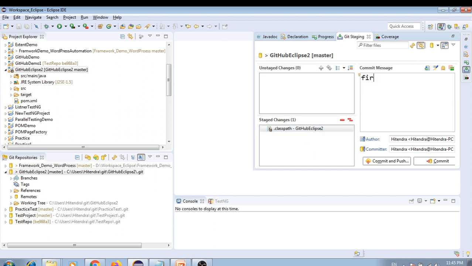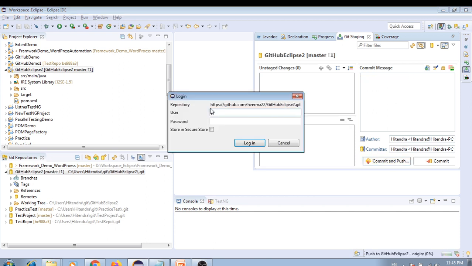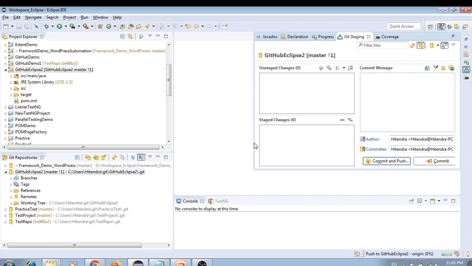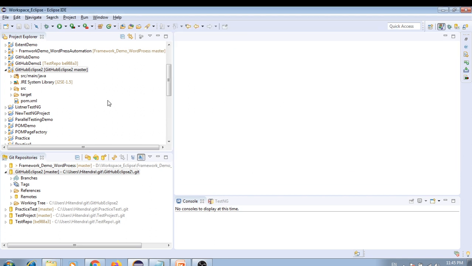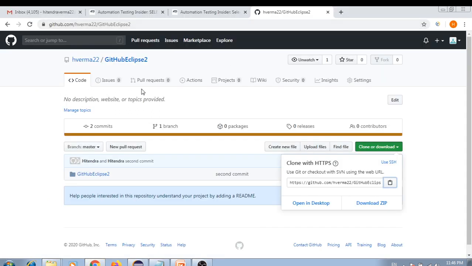So let's say this first commit, and simply commit and push, and just provide your credentials. Now here you can see the first commit has been done, so this classpath has been added. So just close this, and now this project is fine. So this is how you can work with an existing project.